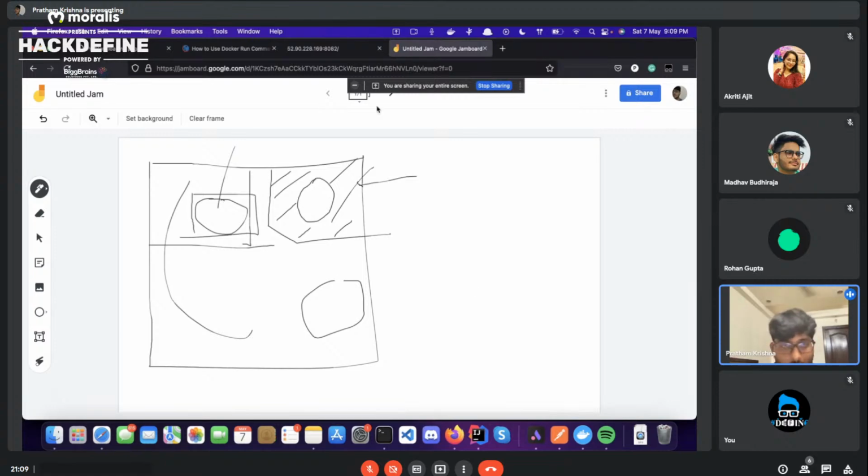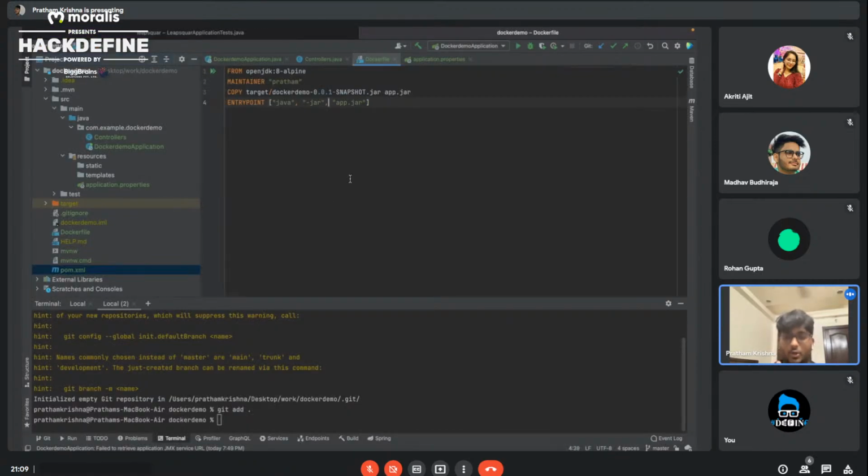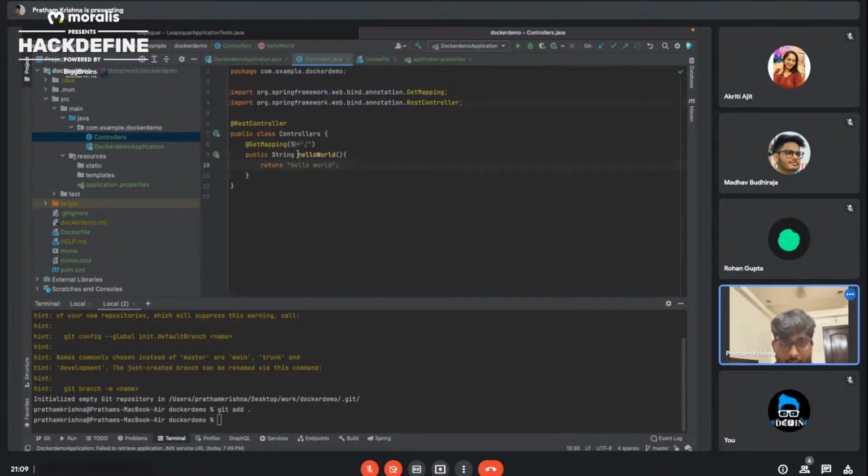Now, I'm going to show you a Dockerfile. A Dockerfile is usually used to build an image and run your image in a container. If you see, this is a simple backend endpoint. You hit the endpoint slash and you get returned a hello world.